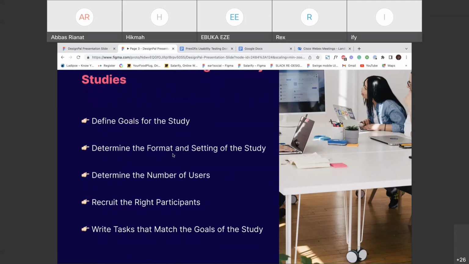How you can recruit the right participants and what you should actually look out for. Because recruiting the right participants is the greatest part of all. So let's skip that part. We've already addressed that. The next thing that you should look out for is you should write tasks that match